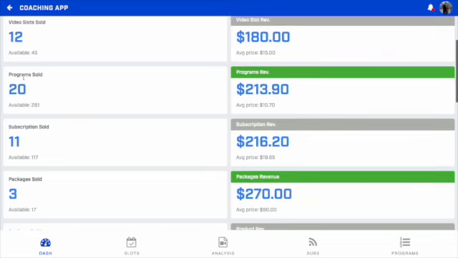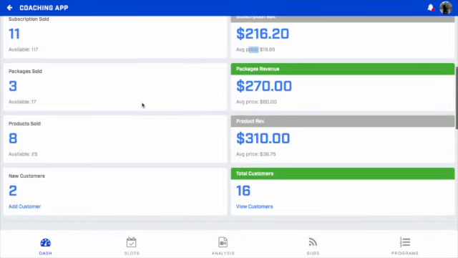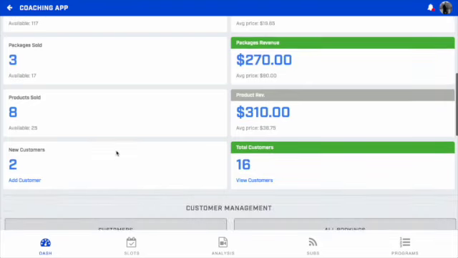video analysis slot, followed by the programs, which are the day and step-based programs that can be sold and create recurring revenue, followed by the total revenue for that time. The content subscriptions that are sold, which is also a recurring revenue type of item, revenue and average price, packages sold, which allow customers to use credits to book various items that are included in the package, and